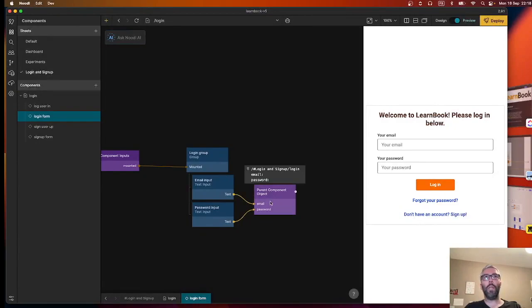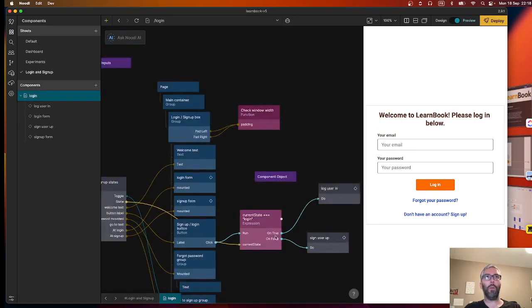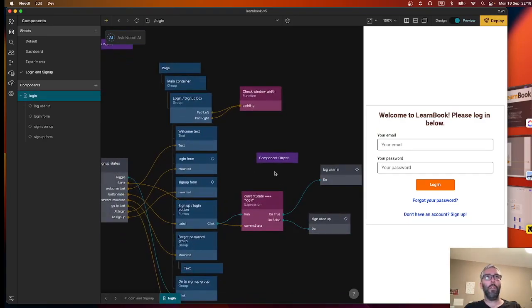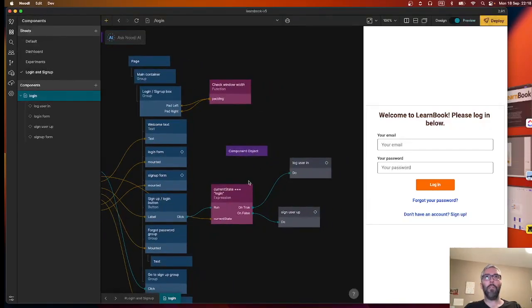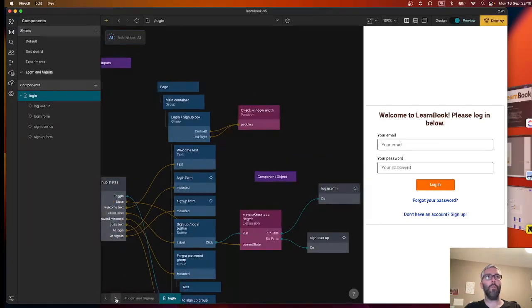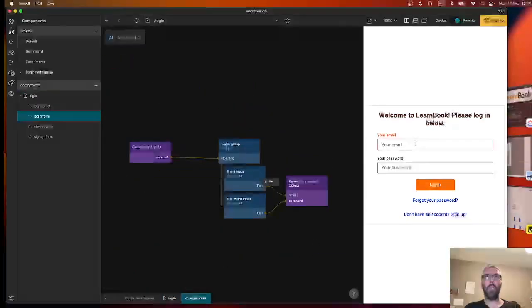So I'm not doing a set parent component object node to manually say when it should be set or not. I'm just saying if there's any output here, just make it the value of the parent component object. So what does that actually give us in the end? If I type something in here,